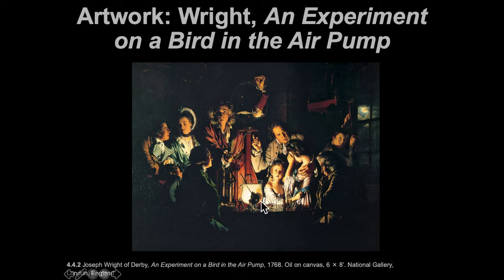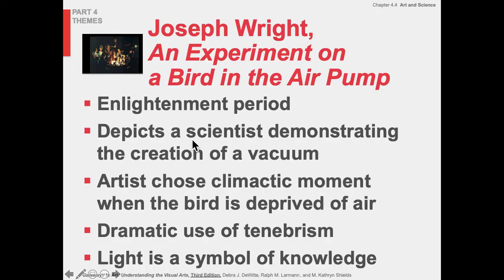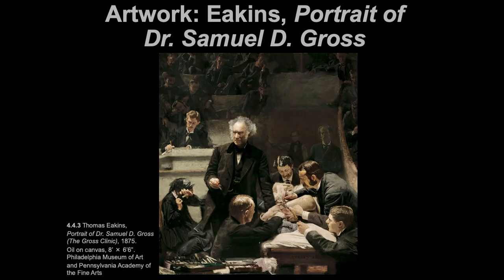The last thing I want to mention here is tenebrism, this extreme bright light here, and then all the darkness here. So enlightenment, the idea that the light is symbolizing enlightenment, and tenebrism is this high contrast. A symbol of knowledge, right? Another image that's also a bit disturbing if we look closely, but nowadays we see surgeries